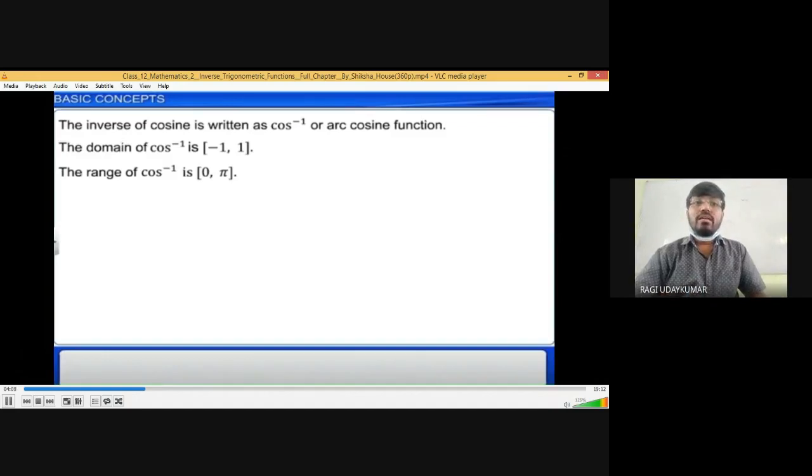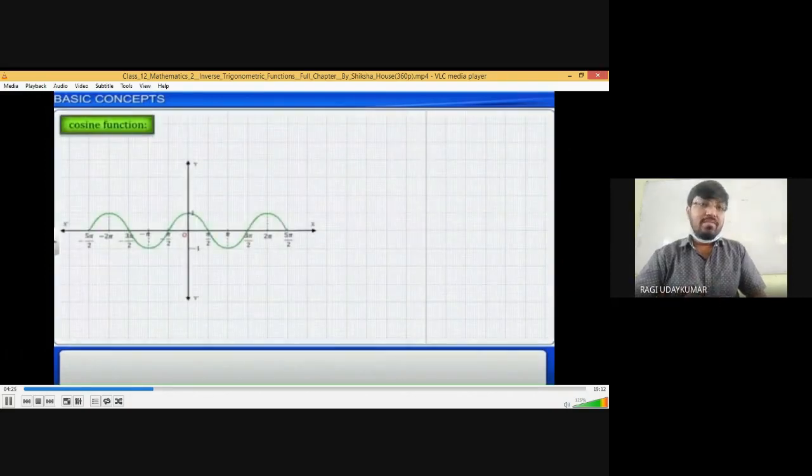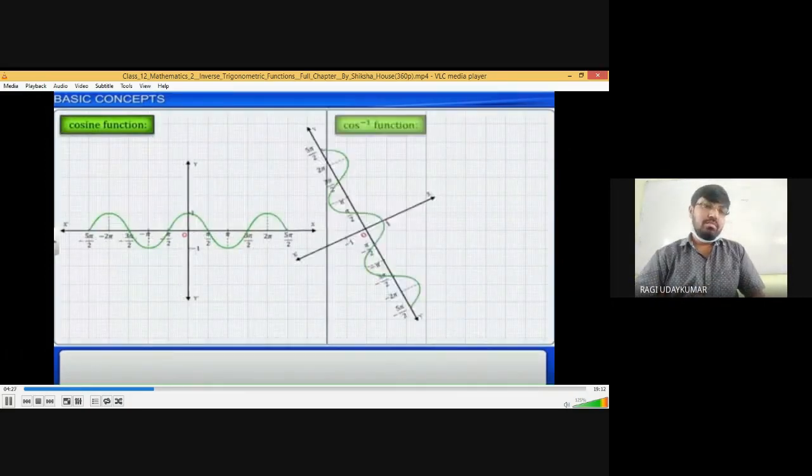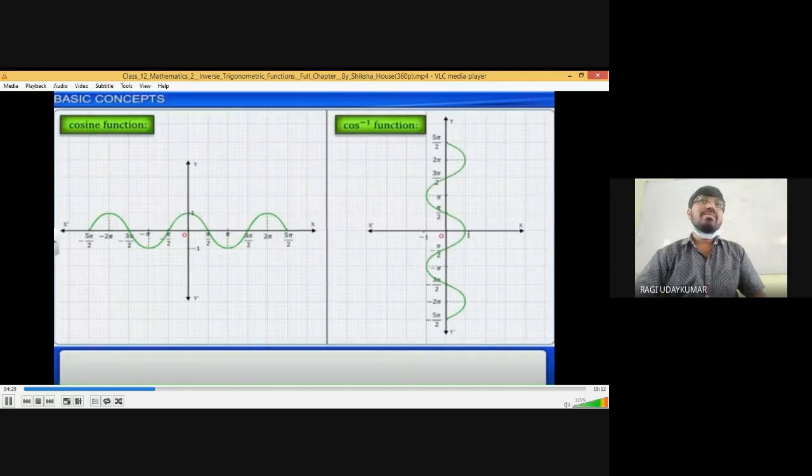Only if the cos function domain is taken as 0 to pi, then it becomes one-one and onto, then the inverse exists. So that's why we restrict the domains of the trigonometric functions to make them one-one and onto. So the cos function will look like this, and cos inverse will be like that. Okay, in the same way,